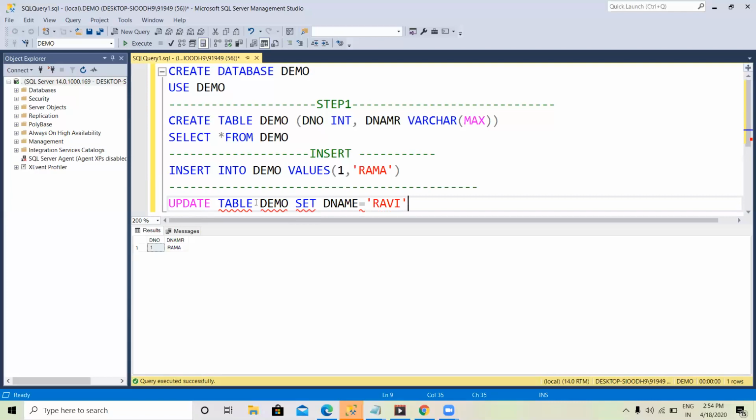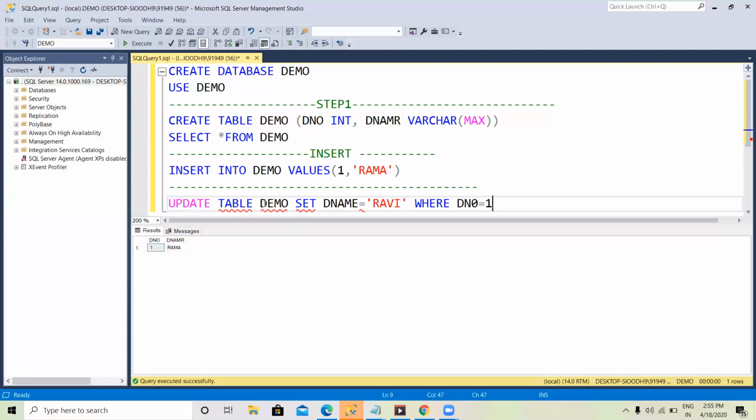Update table name, set column name, where condition, where dno equal to what?